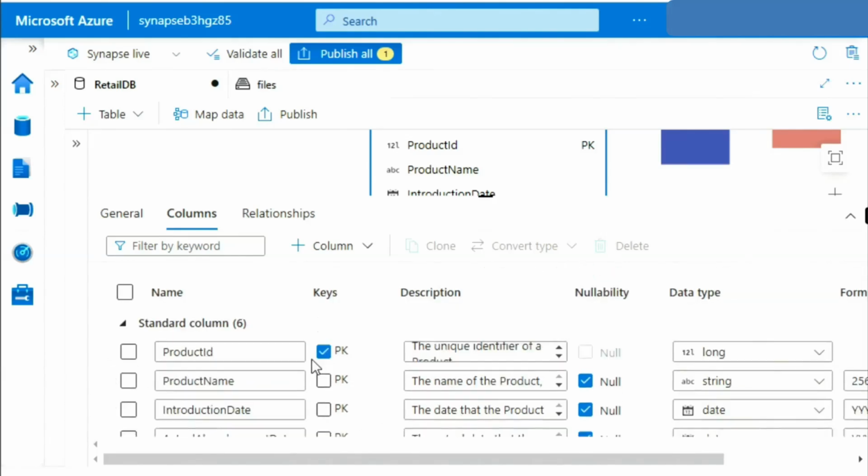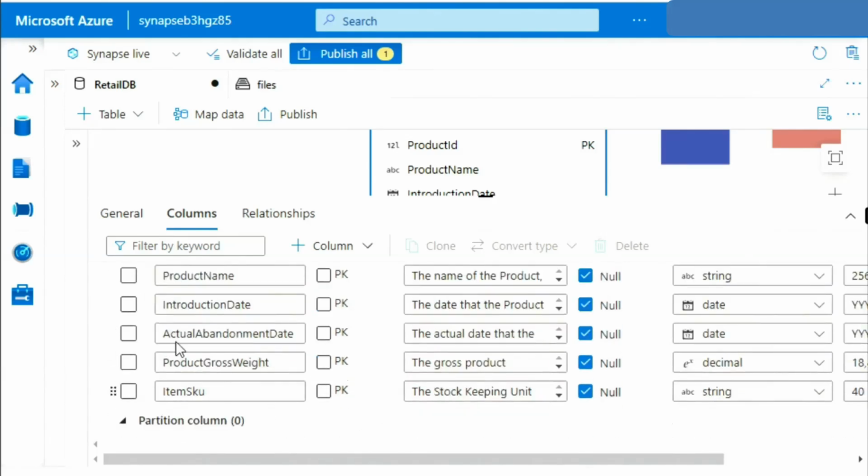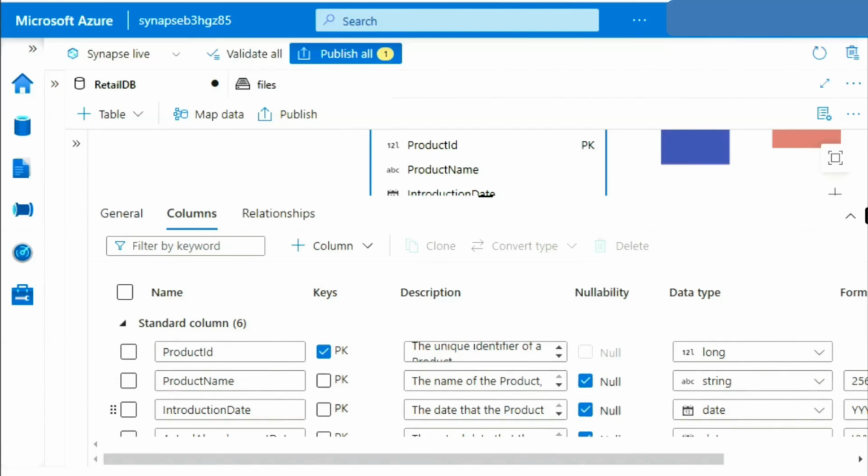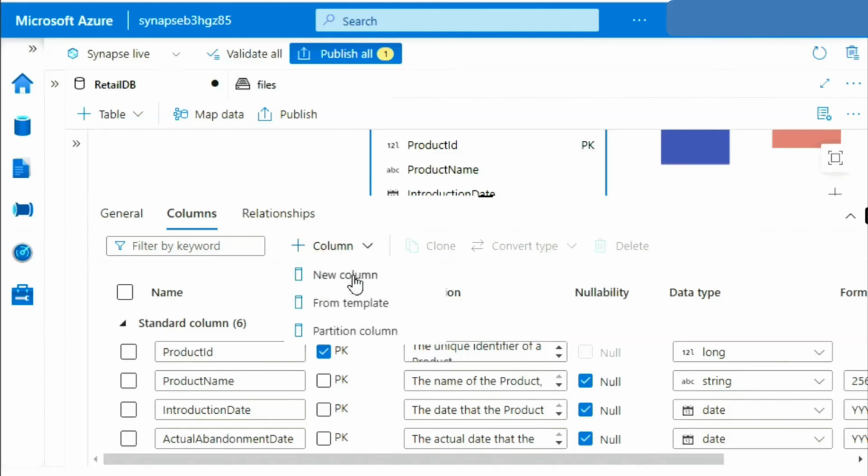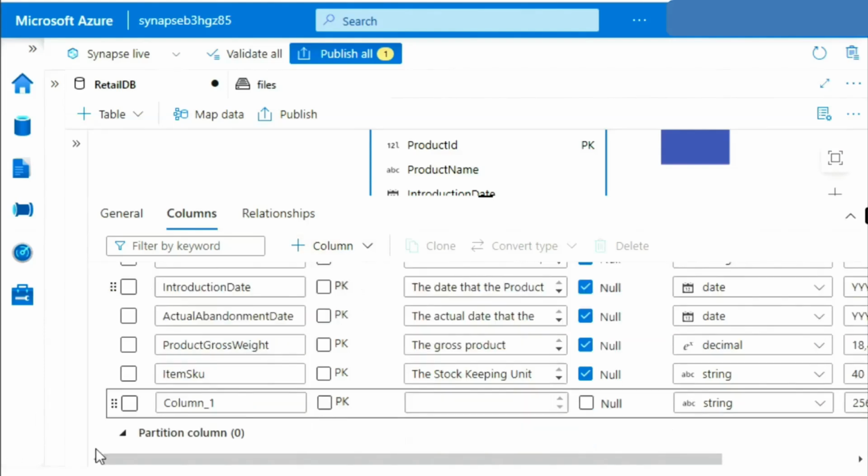So this should only leave you with these following columns: product ID, name, introduction date, actual abandonment date, product gross weight and item SKU. Only these columns should be left. And now after this is done, let's add a new column named list price. You need to follow the same steps. Click on this column and select this new column